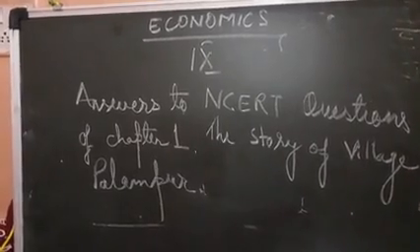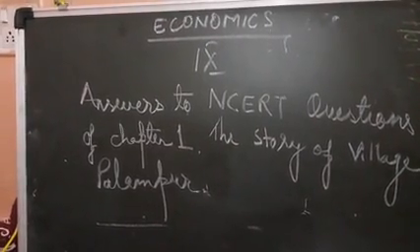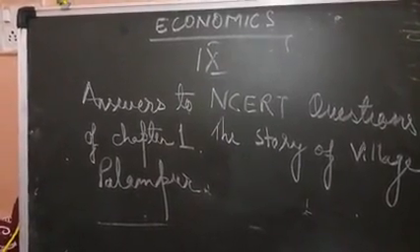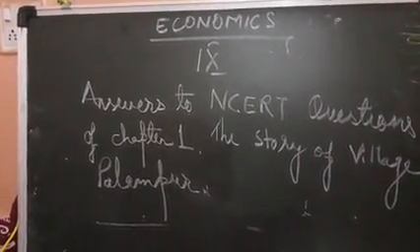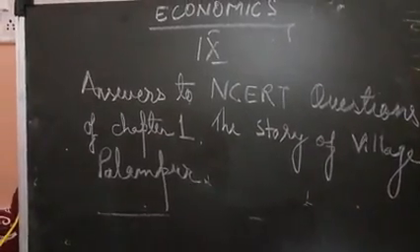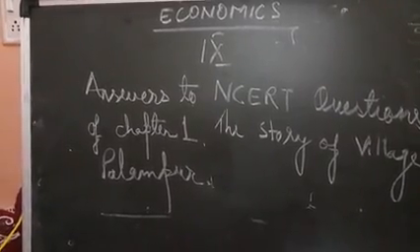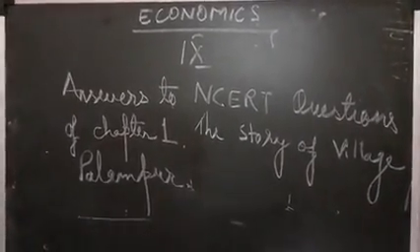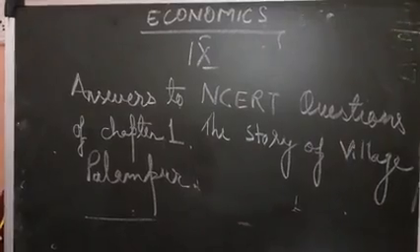Next question, question number 6. Why are the wages for farm laborers in Palampur less than minimum wages? So the answer is, laborers are paid wages either in cash or kind, such as crop etc. Kind means पैसे की जगह उसकी कीमत जितना कुछ और देना. There exists competition among laborers for work, so they are willing to work for a lesser amount. Workers ज़्यादा थे, disguised unemployment था, काम कम था, तो वो कम पैसों पर भी काम करने को तैयार थे, and this is the reason they were getting less than minimum wages.